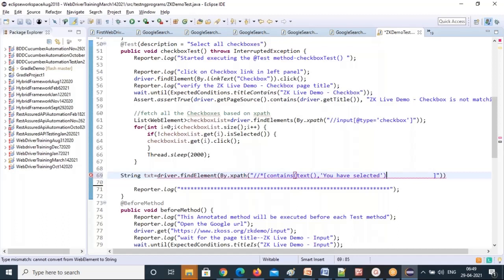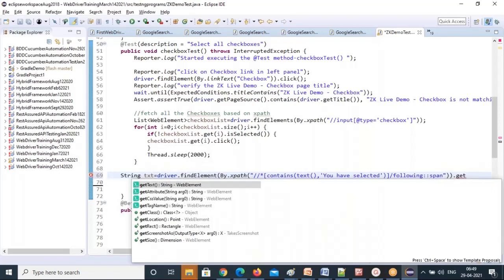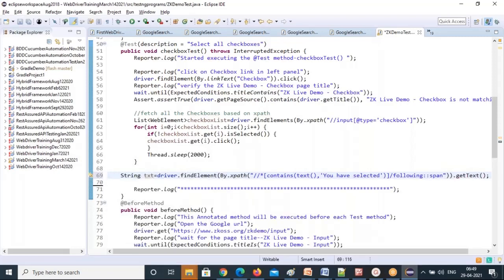Close this, then close the square bracket. Then forward slash following, as the span tag is there for that. Dot getText.